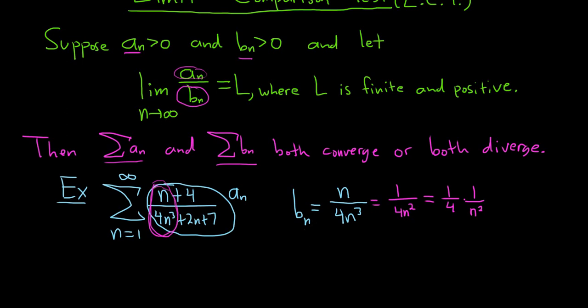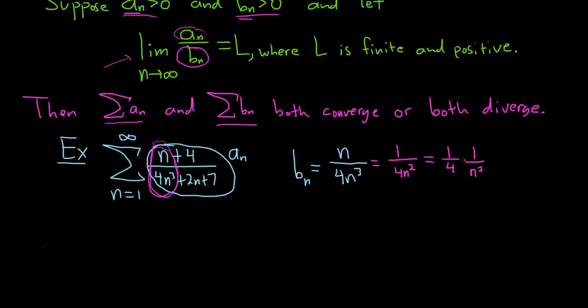Okay, so now we just have to satisfy this test. They're positive, so no worries there. We just have to take this limit. So let's take the limit as n approaches infinity of A sub n over B sub n. This is equal to the limit as n approaches infinity